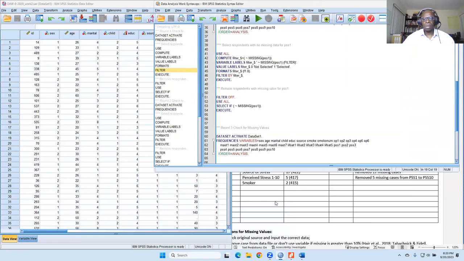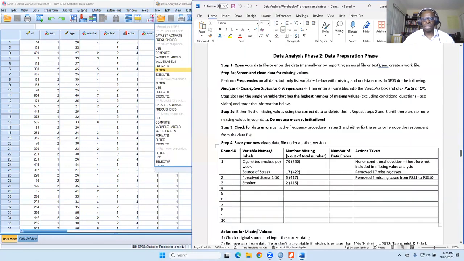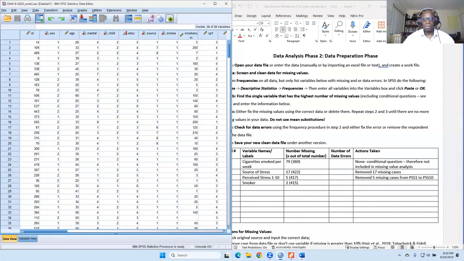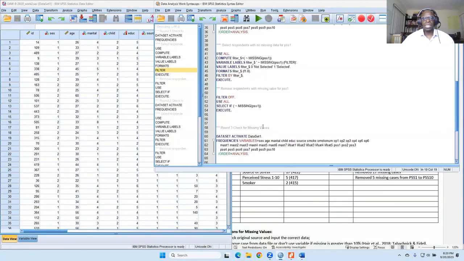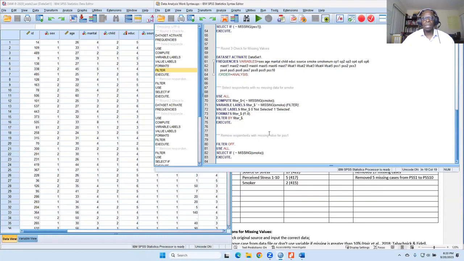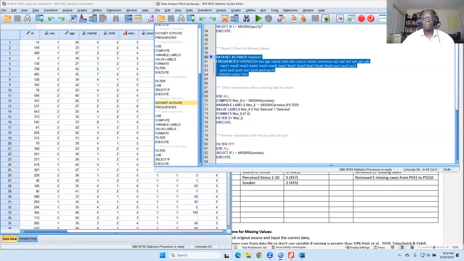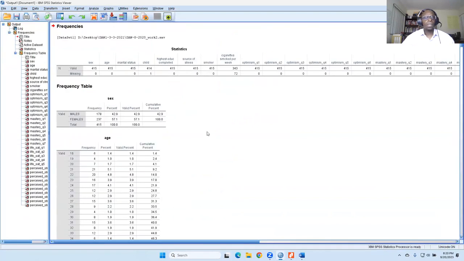now we're on round 3. Let me see if we actually looked at, if we actually did smoke. I think we did, but I just didn't type it in. So let me highlight this, round 3. And then, so what we do is we come here and let's see, we look at the missing, let's see, there's 172.